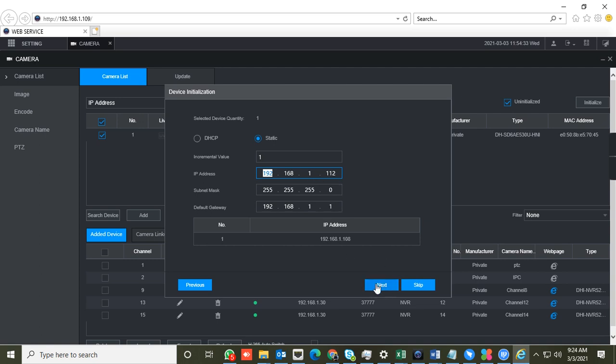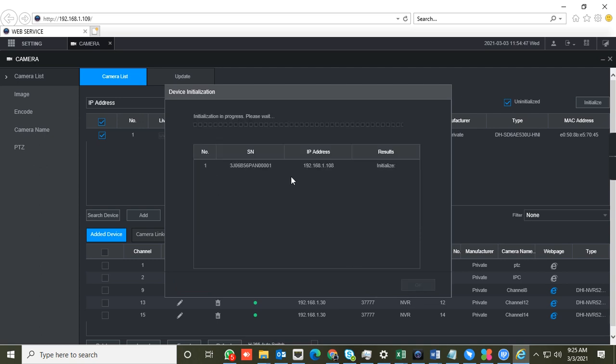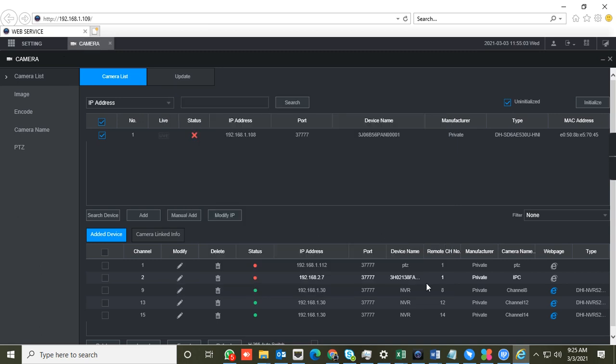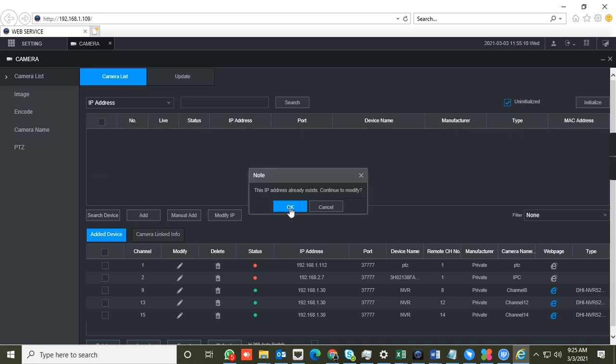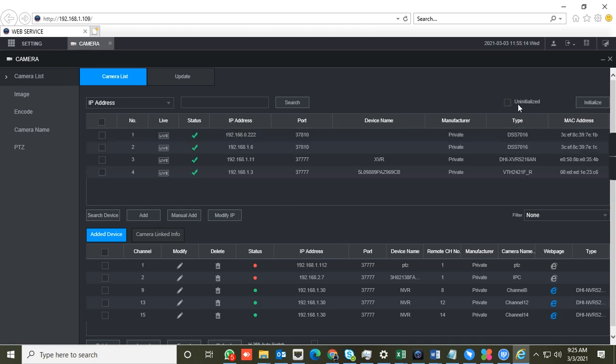So we change the IP address of this camera, and when we click on next, okay, now it is initializing. It will take time. Okay, it is showing initialize succeed, modified. As it is showing, it is initialized as well as the modification is successful. So now click on search device, and disable the initialize option, because the camera is already initialized now. Search device and check the camera that we changed,